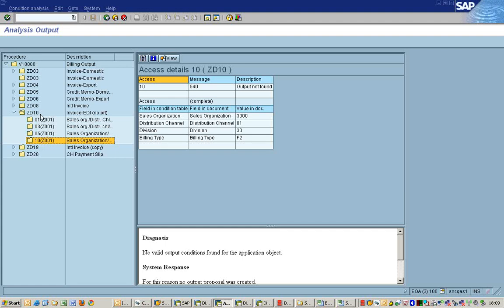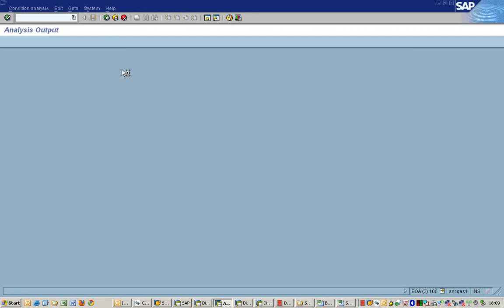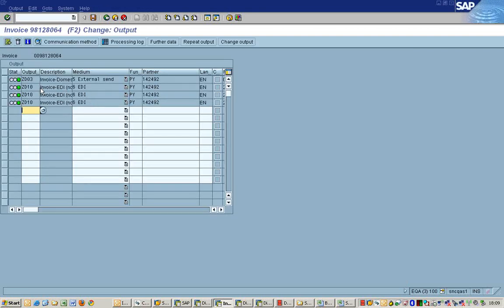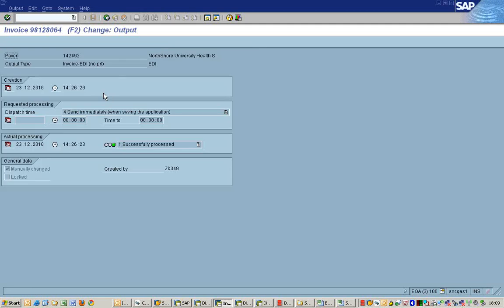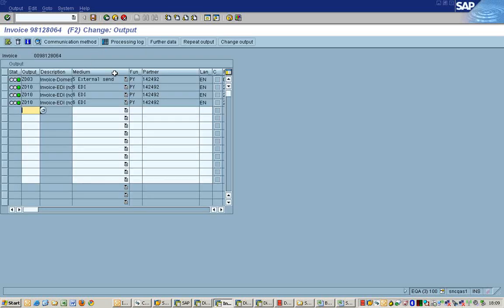That means the output has not been found, but it has been manually created. We can see that no output has been found, but in here it has been determined. Let's see the communication method or check further data. It has been manually created by a ZD user. We can see that this output type has been created by the user.